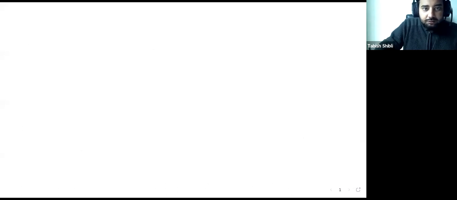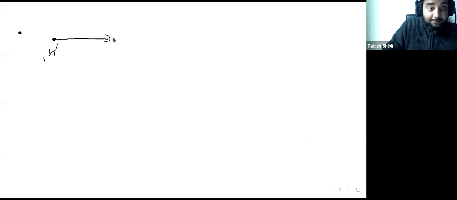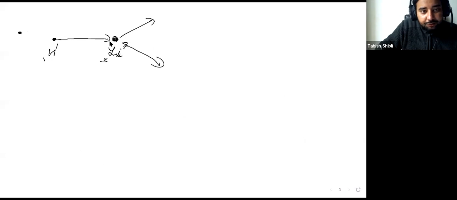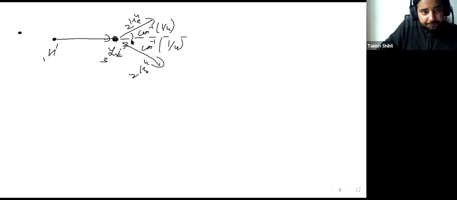Let's remove all of this. Sorry. So let's see what the reaction is like. You have the proton, which is moving with some kinetic energy. You have the lithium nucleus, which has three protons and four neutrons. Then it breaks down into two helium, helium 2 4, helium 2 4, at an angle of cos inverse 1 by 4 and cos inverse 1 by 4.